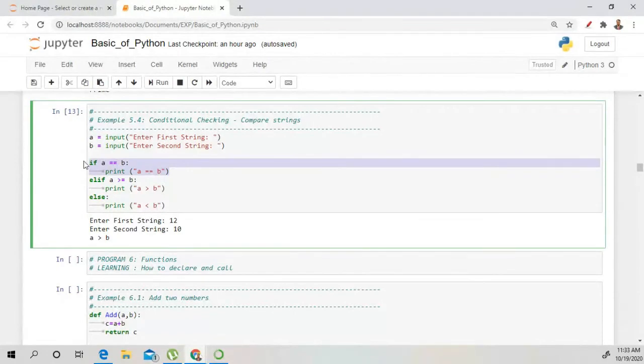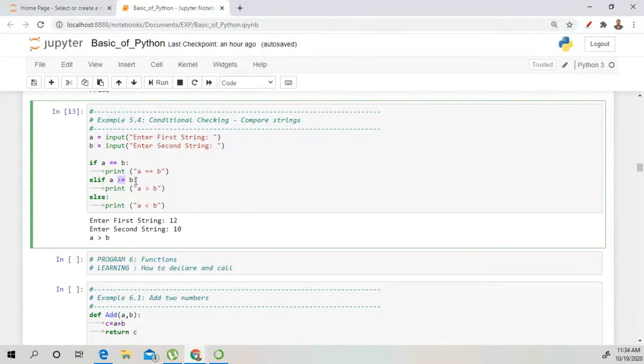Okay, so this statement will not execute. Then it will check the else statement: A is greater than or equal to B. So 12 is greater but not equal. Okay.